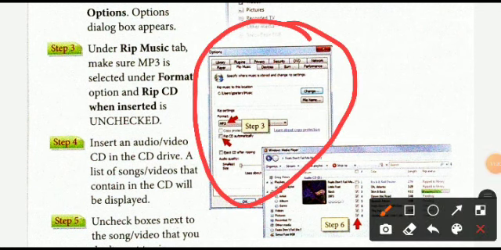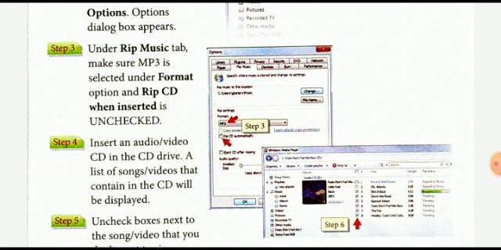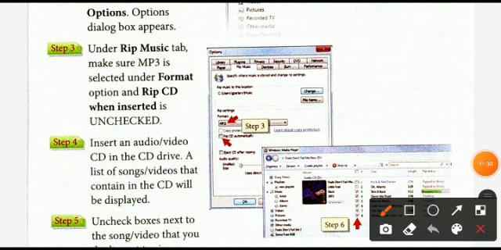Okay, from here you can rip your CD. Under rip music tab, there is a rip music tab. Okay, make sure MP3 is selected under format option, and rip CD when inserted is unchecked. So you have to uncheck this option.